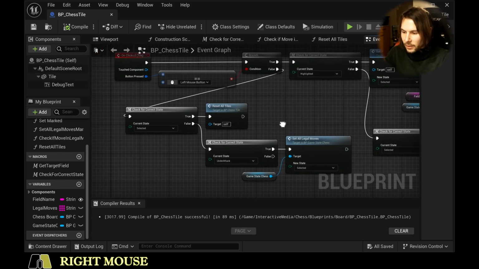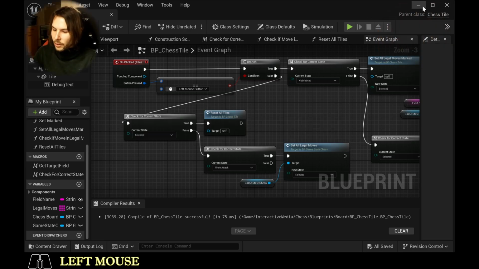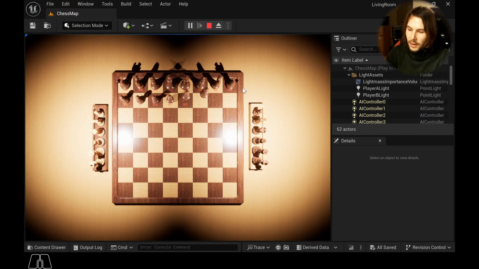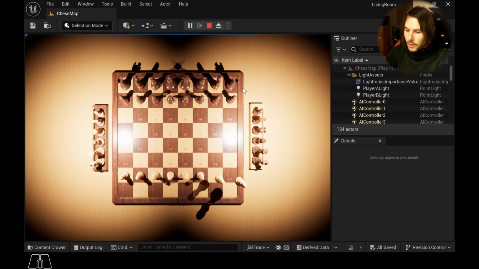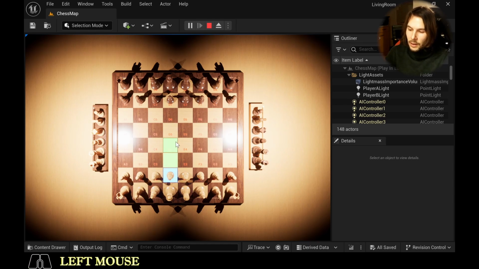All right, with that simple logic in here, we just added a very convenient user experience. And when we start playing here again, you can see everything spawns in as we just know. And once I hover over the things, everything is the same. Now when I left click, it will show this chess piece as selected. If I click onto here, it will show as attacking. And if I now right click, you can see it goes back to the selected state,